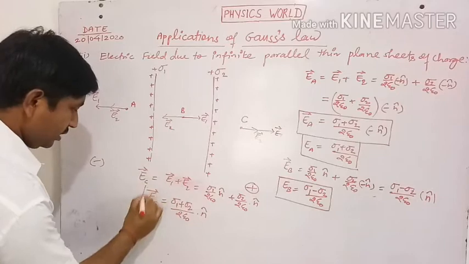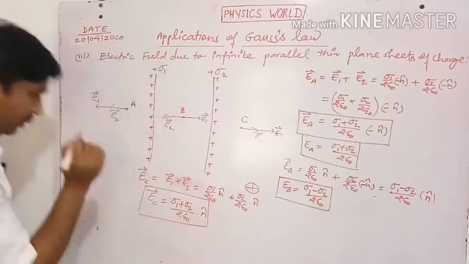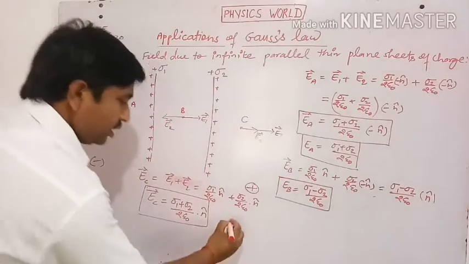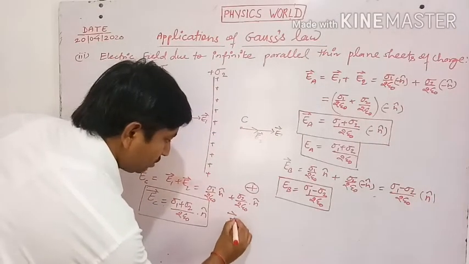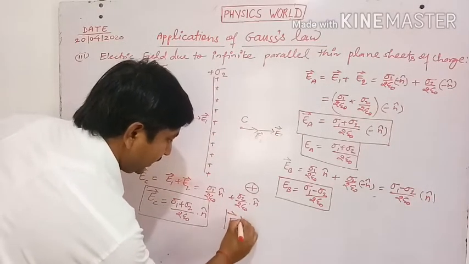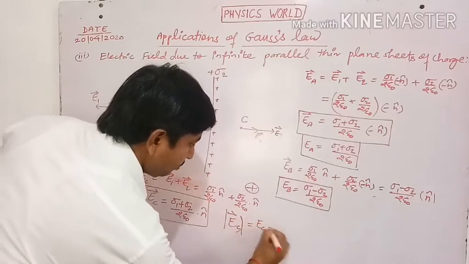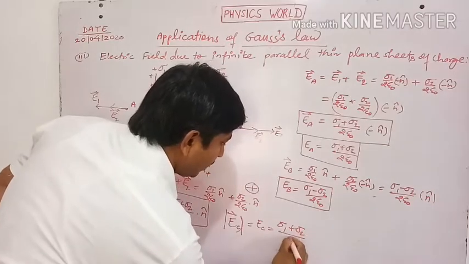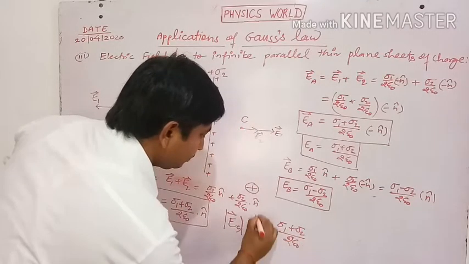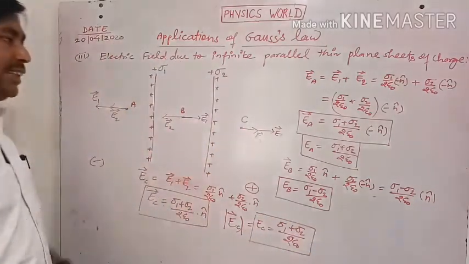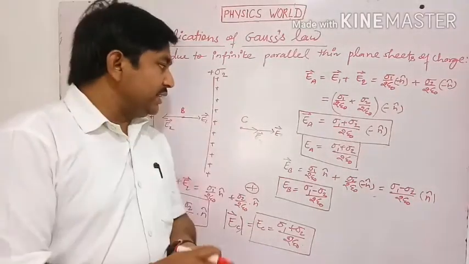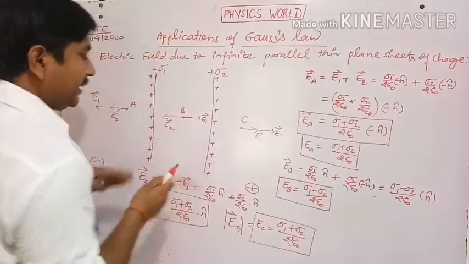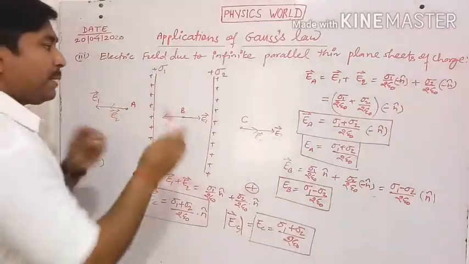This is the value of the electric field intensity at point C. So the magnitude of the electric field intensity at point C will be equal to sigma 1 plus sigma 2 divided by 2 epsilon naught. From these equations, we can easily observe that the electric field intensity contains the same value